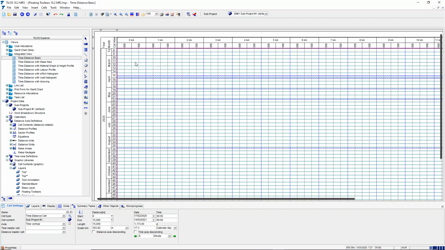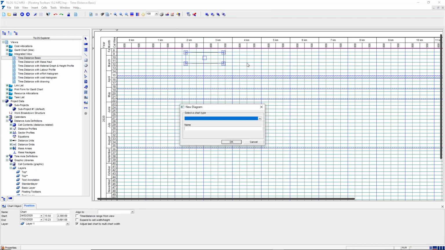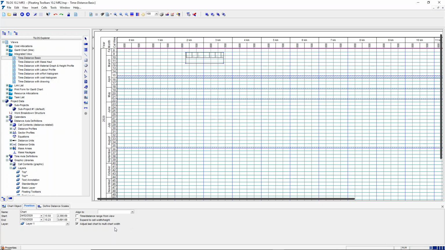So to do that, we'll do the distance ruler first. On the central toolbar, if we look at these two buttons here, the bottom one is Insert Distance Diagram Object. Click on that, go onto the body of the diagram, draw a rectangle, say that we want this to be a distance scale, and this is going to be called Floating Distance Ruler. And then we get the tabs down below, which are identical to the ones in the distance ruler,